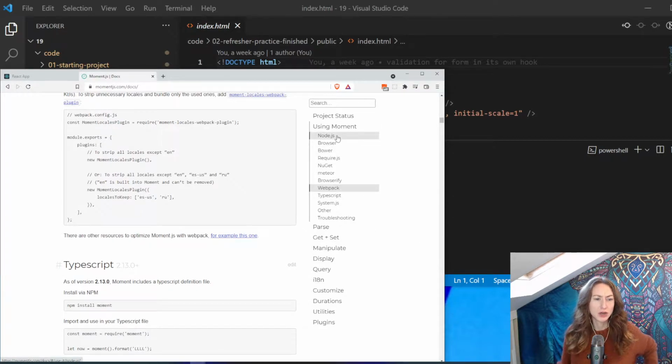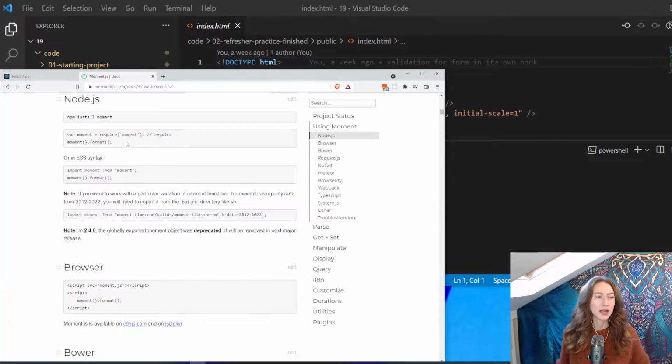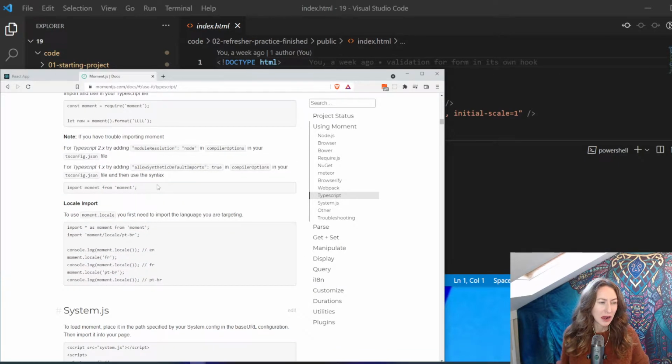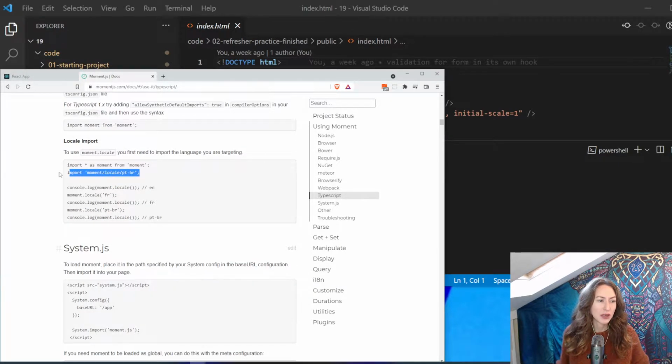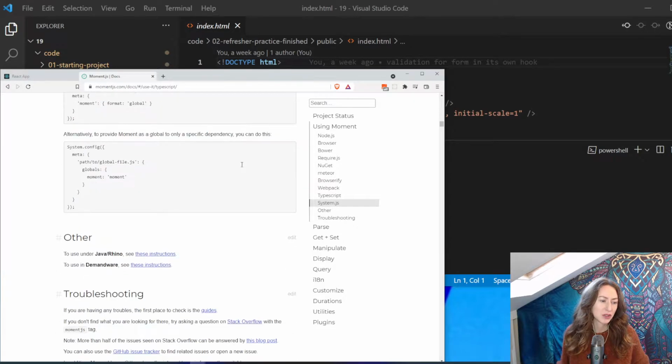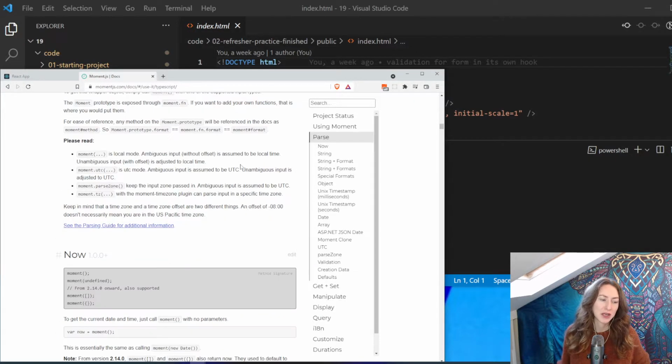using moment node. Okay, yeah, so you just say that you want to require it, and then you can do different things. So yeah, here you go, you can get the current time for the language that you're currently supporting. So say if you have different languages in your project, it does loads of different things. It can calculate 2 days from today. It can calculate